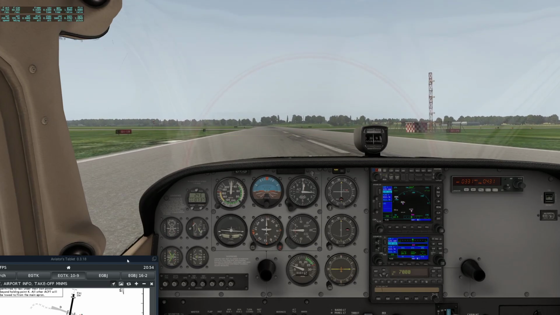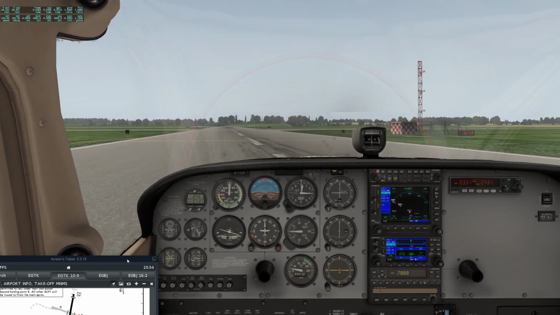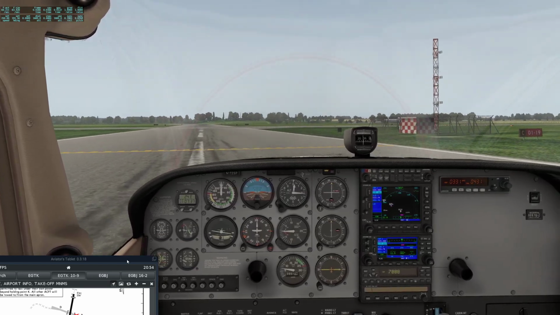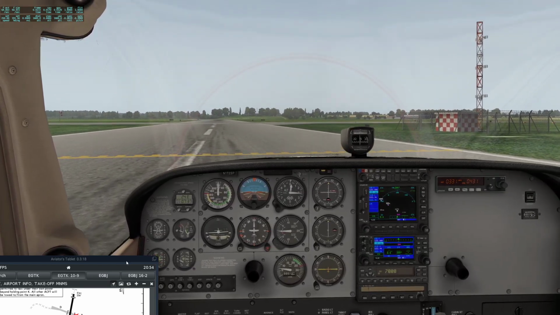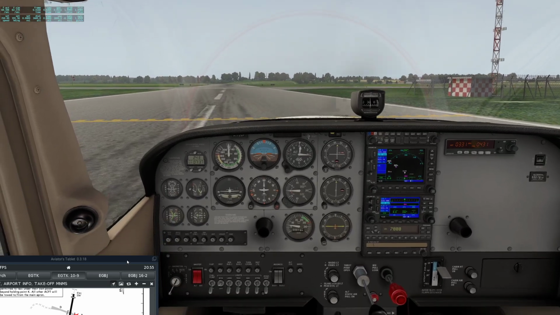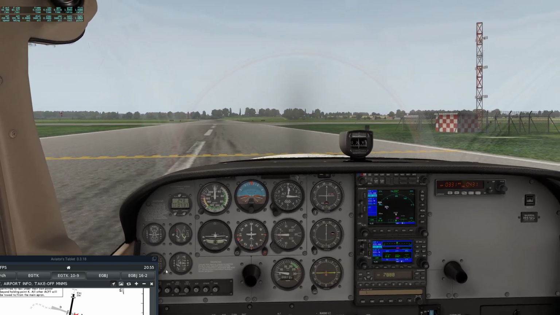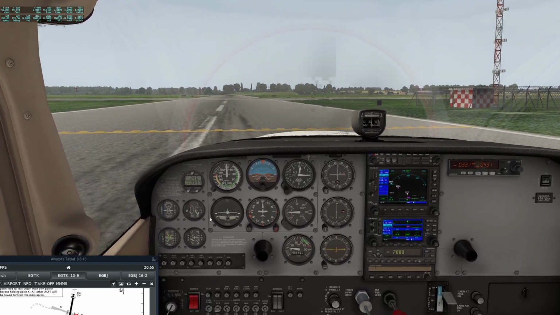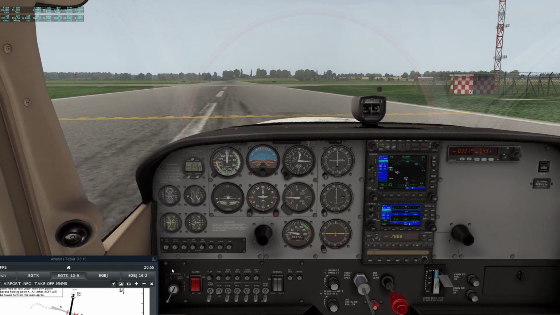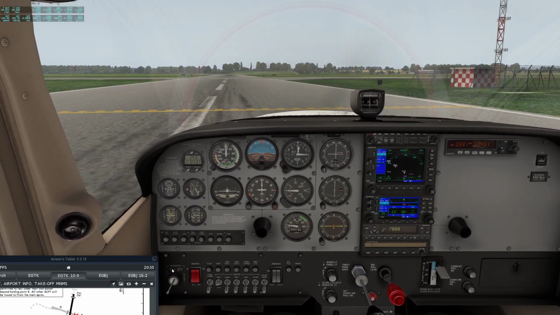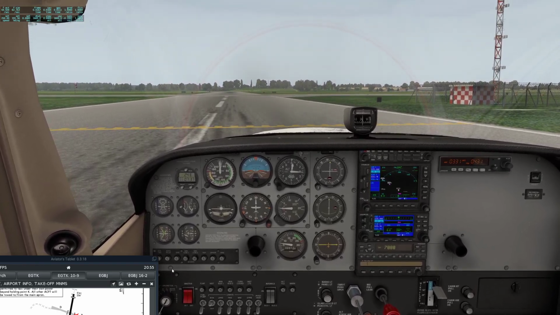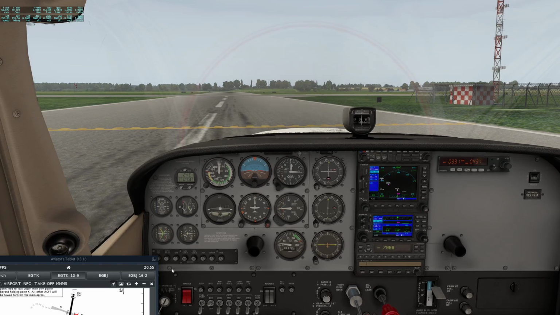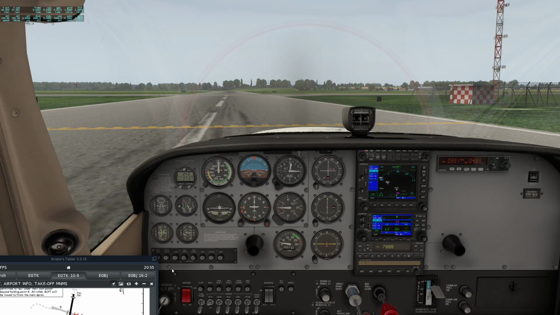Okay, anyway, here's probably not a good place to do run-up checks now since we're on a runway, but yes, I hadn't really considered that. Let's do it anyway. Okay, now this is where what we do essentially is we rev the engine up and we check that both magnetos are working. Now this always used to confuse me because I wasn't quite sure why when you put one magneto on you get an RPM drop,